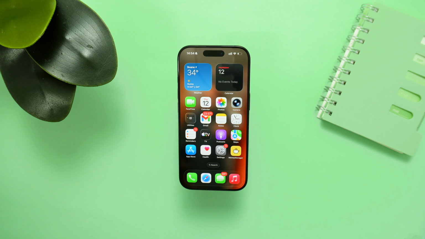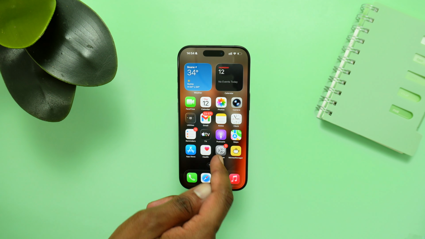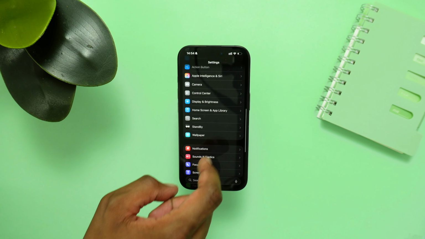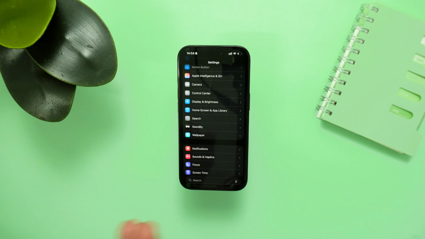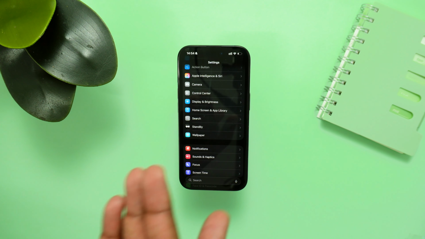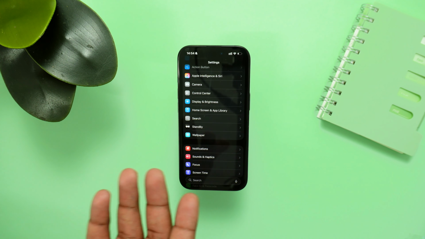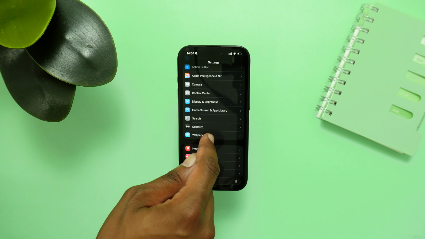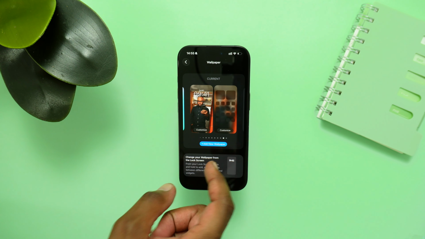So this is the very first and easiest method of how you can do it. We have the second method where we hop into settings real quick. Next up, we scroll down all the way to wallpaper within settings. Regardless of the software model or the iPhone device that you have, you'll be able to find wallpaper down here. Next up, simply tap on wallpaper real quick, and you'll be able to see in here